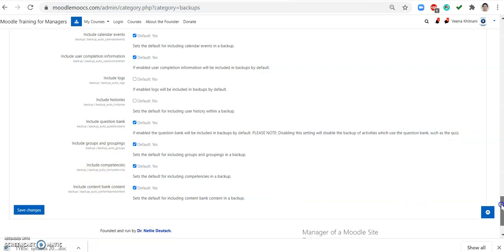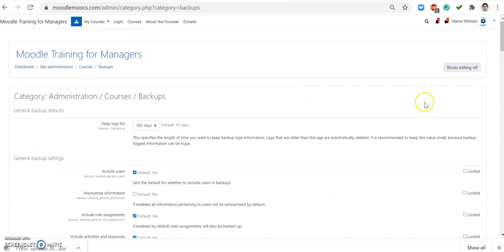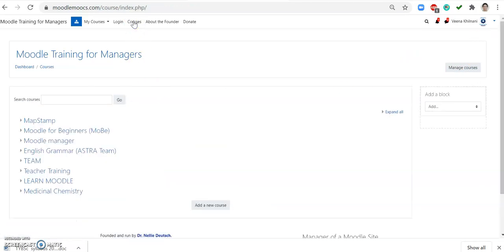So these can all be included, and you can save the changes according to your requirements. So this was all about courses, which had different categories, and we could add the courses and categories and then manage them with different backup and activity features. Thank you all for your patient listening.